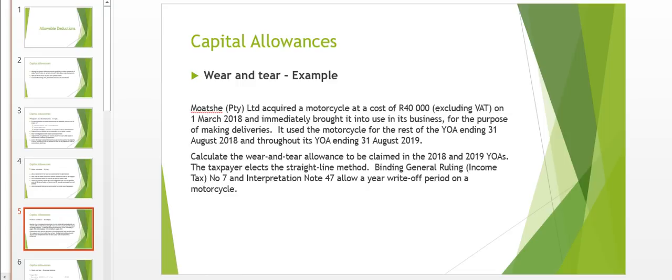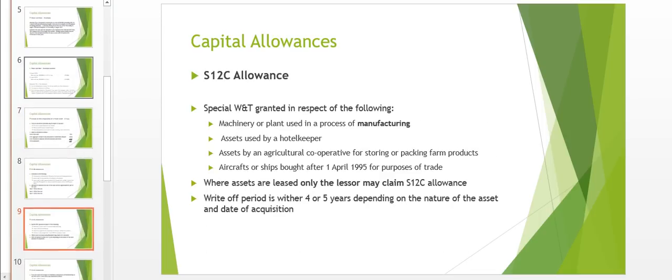So binding general ruling from the income tax, number 7, and Interpretation Note 47 allows for a write-off period on a motorcycle of 4 years. Sorry, forgot to add that. Okay, so let's have a look at the